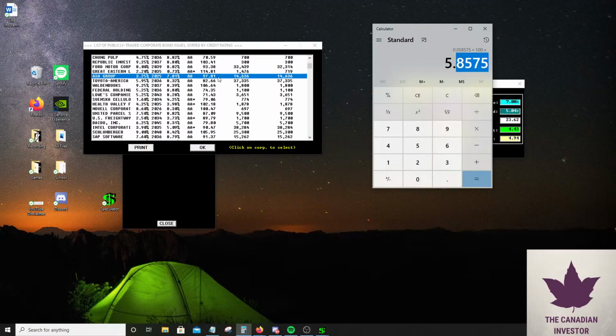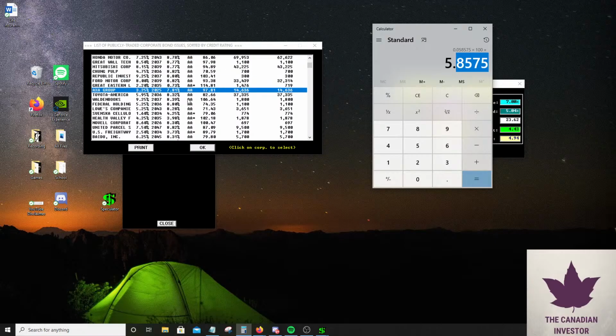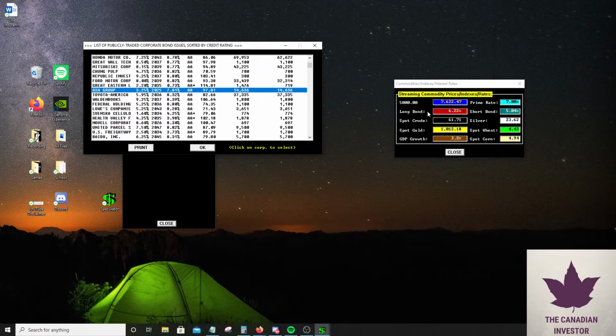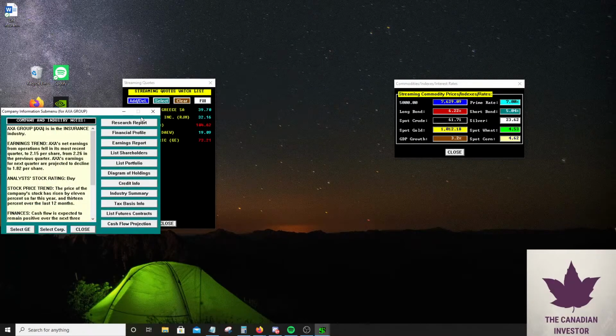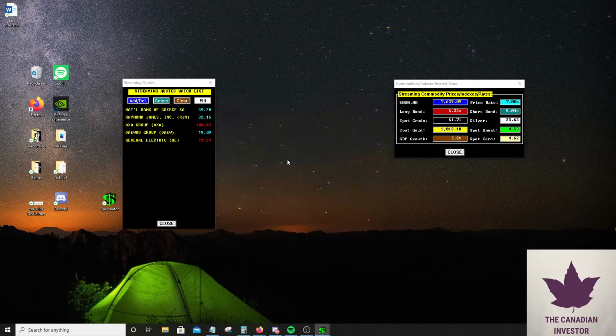So we should receive about 5% return off this bond. That's including the things. So I think it might make more sense to buy more AXA Group, especially if we think that rates are going to go down. Then again, we're also going to keep pretty liquid because in about 9 months, this bond matures. And so it's pretty likely they're going to be able to pay us back. So I'm just going to throw all my money into AXA Group bond.